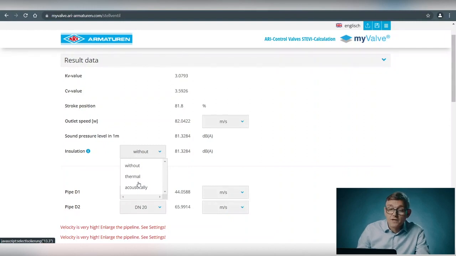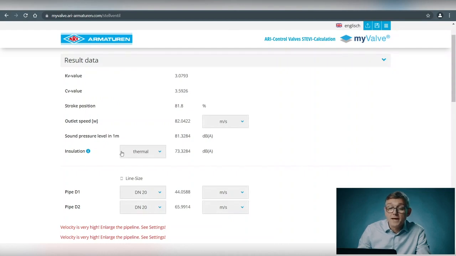To be honest, I have never seen an acoustical insulation outside in the field, so usually you go with a thermal insulation in the field. So when we press thermal insulation, you see that the sound pressure level drops down to